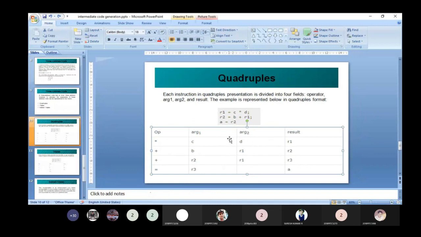Next, what is the operator in A equal to R2? Equal to, so you place the operator as equal, and argument 1 is R2. It's not R3, it's actually R2.